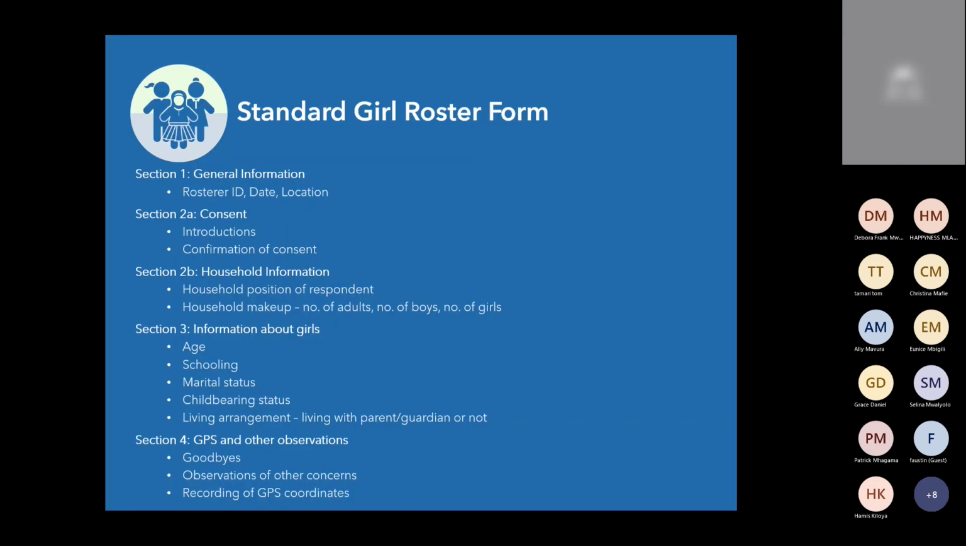So as I mentioned yesterday, the standard goal roster form has 5 sections. We have general information, consent, household information, information about girls, and GPS and other observations. And yesterday we went through sections 1 and